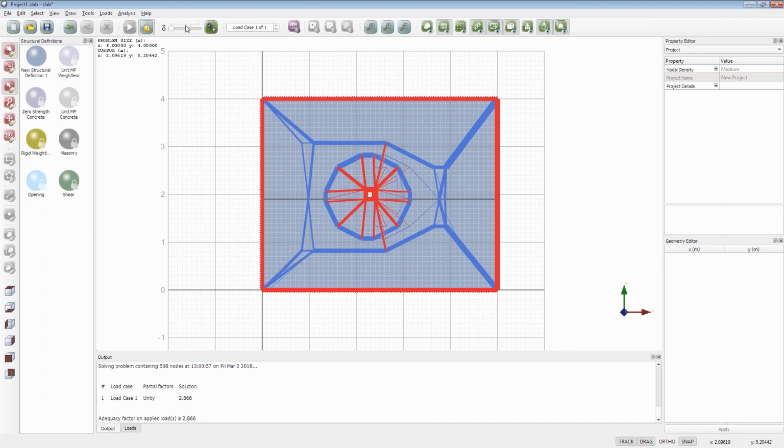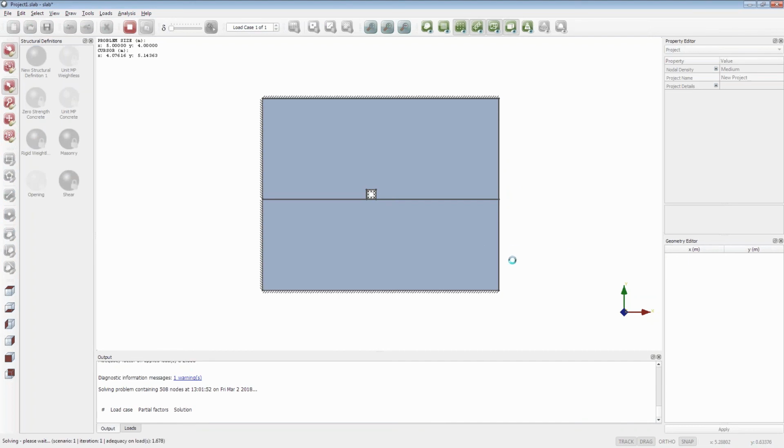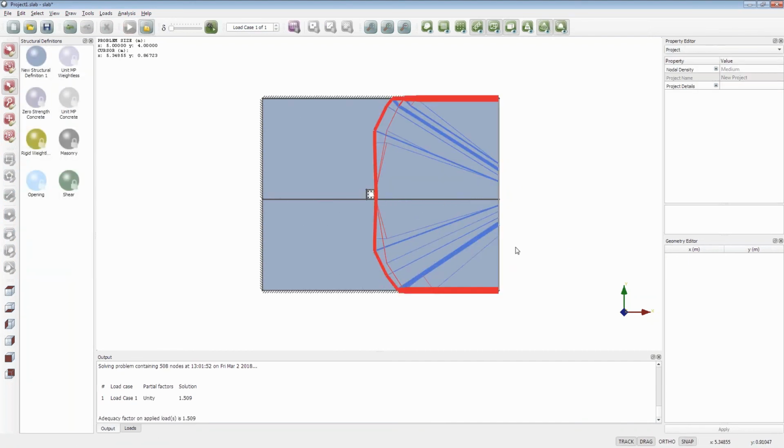So maybe another thing that we want to do, if I turn off the grid, is to say, okay, what's the adequacy factor if that right hand side isn't supported at all? So I can click solve on there, and we've had quite a dramatic change in the